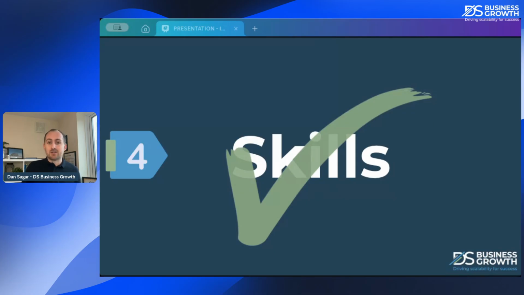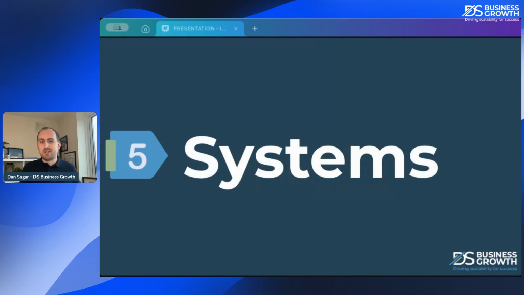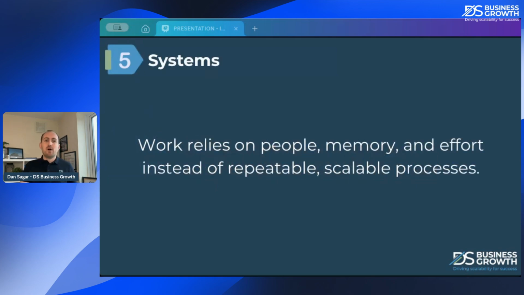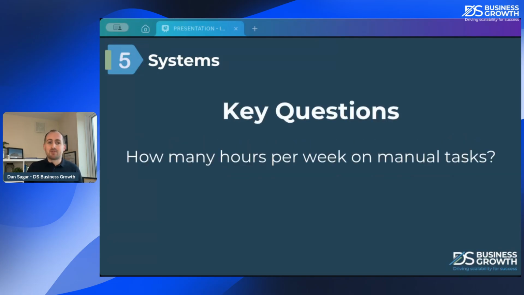Let's have a look now at our penultimate constraint, which is systems. A systems constraint is where your work in your business relies on people remembering or memorizing things, or effort, instead of repeatable and scalable processes. And some ways to think about this: how many hours per week are you spending on manual tasks? How many things are you doing manually that are repetitive? Admin, I'm going to say the word admin quite a few times in this section. Are you doing lots of admin, lots of boring stuff that could be